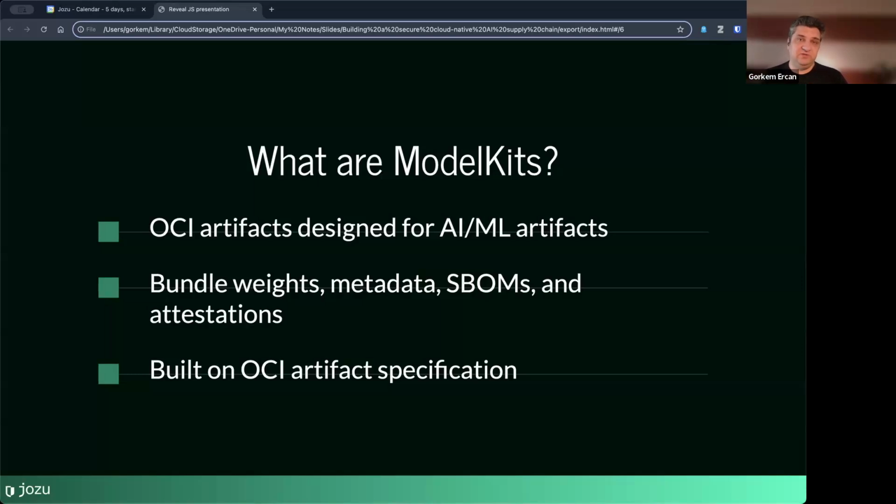One thing that we are doing lately as part of CNCF is to create a specification that is based essentially on model kits, which we call model packs.